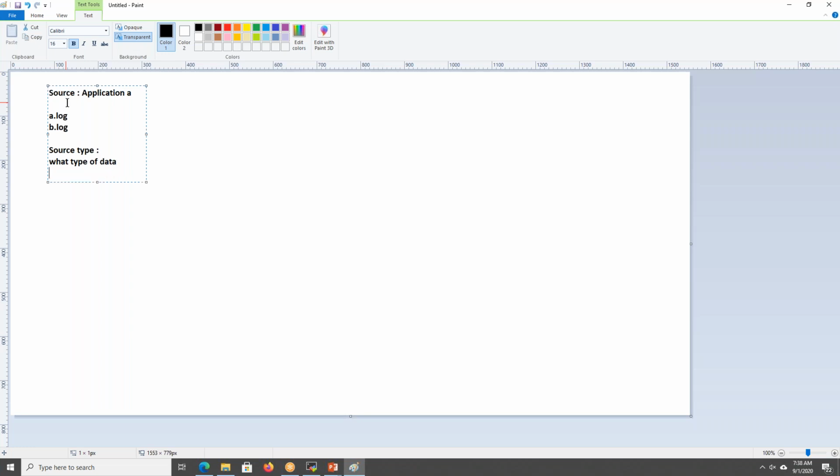The source type can be DB logs, or Tomcat logs, or network, or router, or CSV, or something like JBoss.